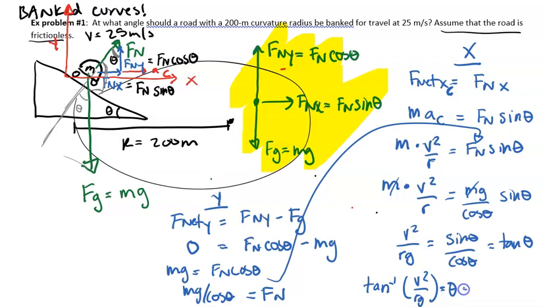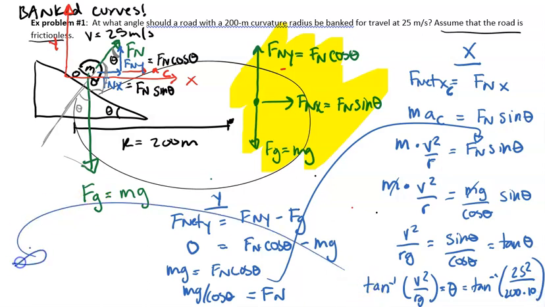So let's go ahead and plug in our numbers. So it would be what? Tangent inverse of v is what? 25 squared. Radius is 200 and g is 10. And when I plug that in, sorry, I left a mess. I got